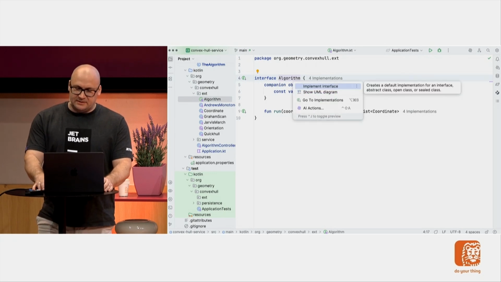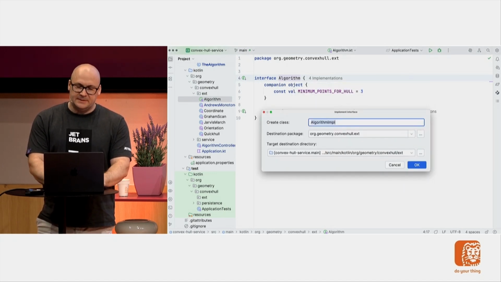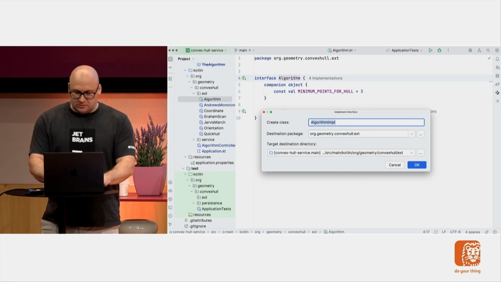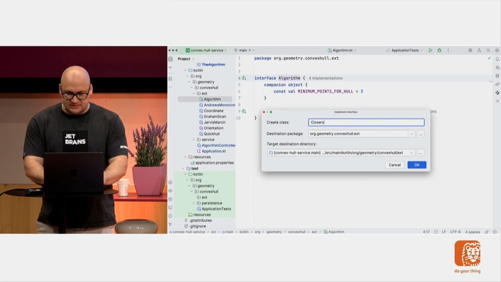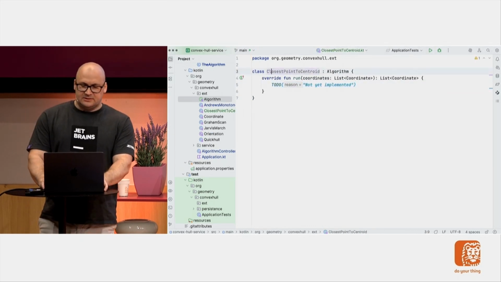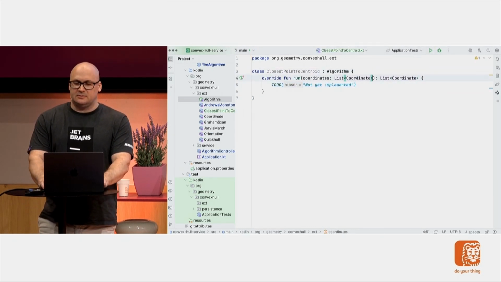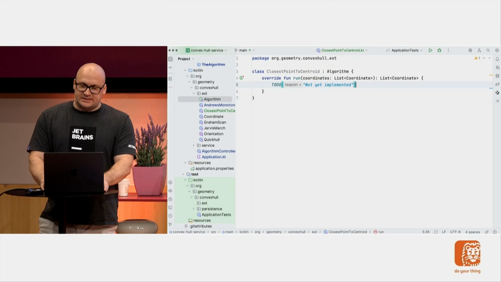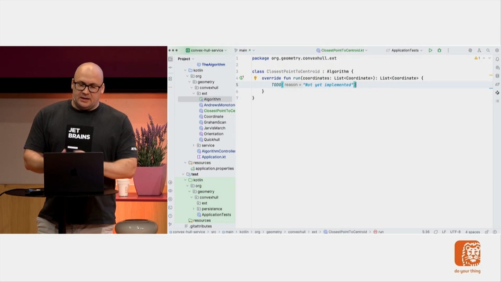So let's implement the new interface that is going to find something from a set of points. The closest point to centroid, something like this. There will be a list of points provided as an input, and as a result, I want a list with one point only that is going to be the closest to the center. To demonstrate how the